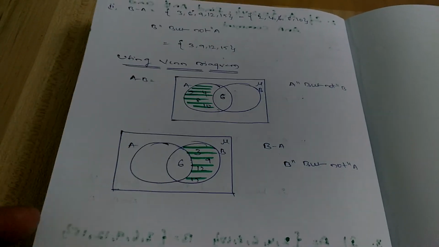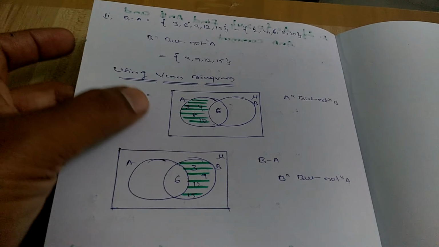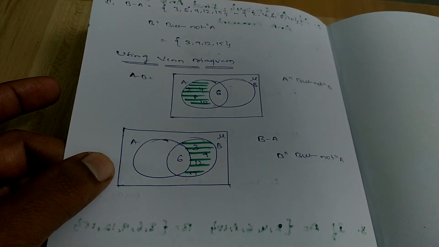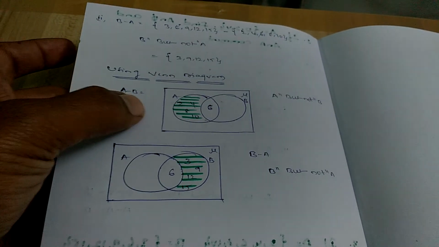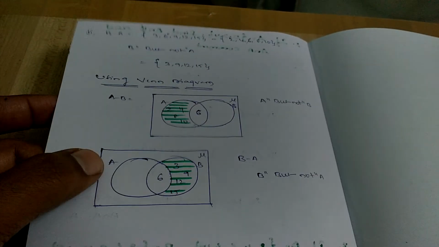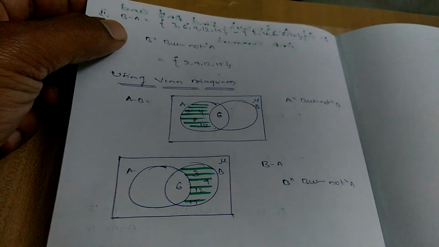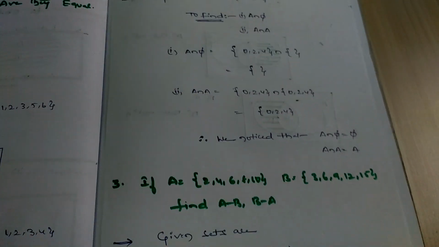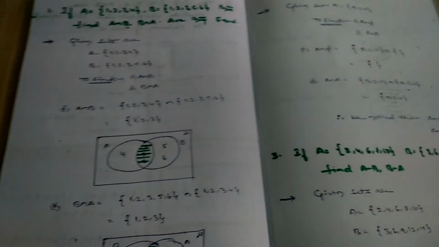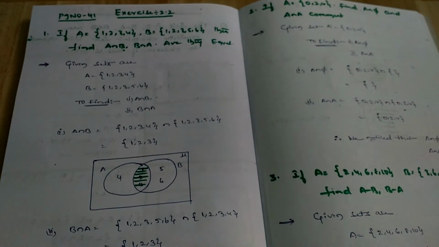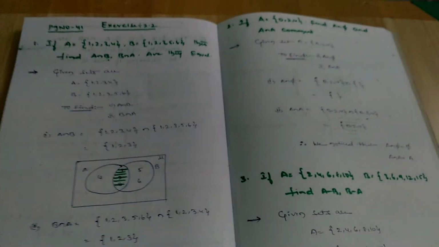See, why I am telling all this, this Venn diagram and also the sum, is because these Venn diagram sums are important, guys. They may ask them in your exam. You may get either 1 mark questions or 2 mark questions on Venn diagrams. So I am mentioning the two methods in the same sum so that you can follow any method in the exam. But my suggestion is that you follow both methods. You have to mention both, the normal procedure and also the Venn diagram method, in the exam without losing marks. Okay, I hope you understand this video and these three sums.